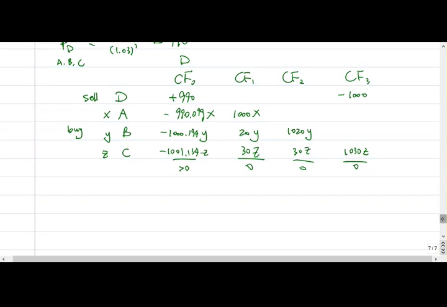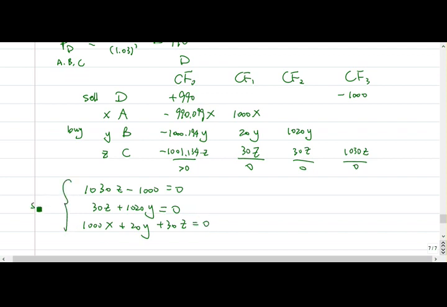Okay, so we have the data, and we need all of them to be 0. We can actually solve it, I think. So we have 1030Z minus 1000 is 0. We have 30Z plus this Y should be 0. So it looks like Y is going to be negative. And you have 1000X plus 20Y plus 30Z is equal to 0. So from these three, you can solve X, Y, and Z, and you need to check